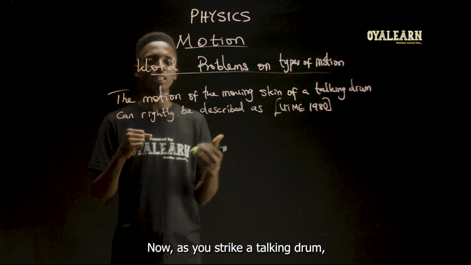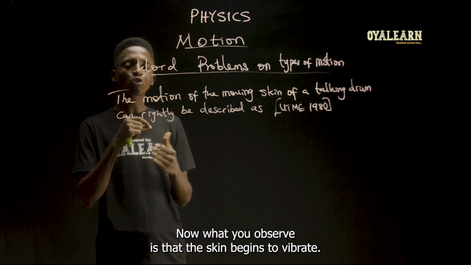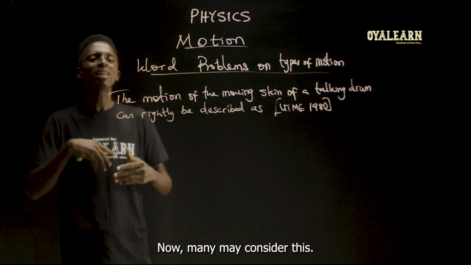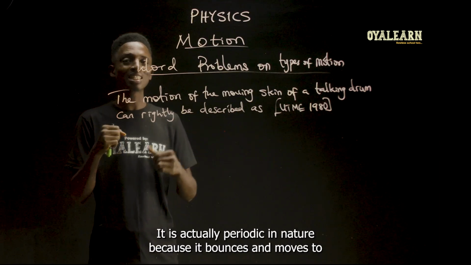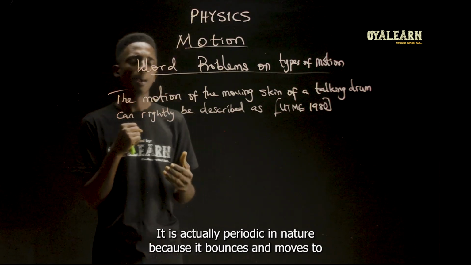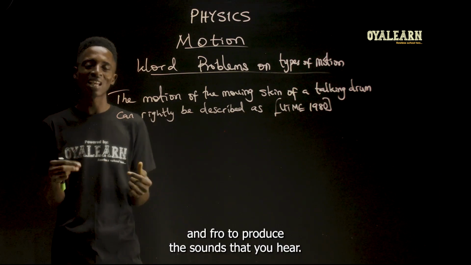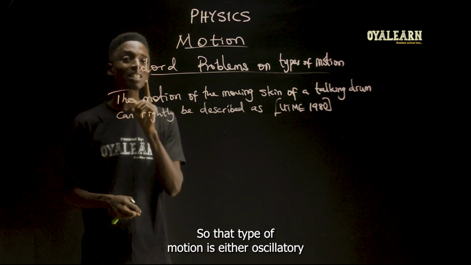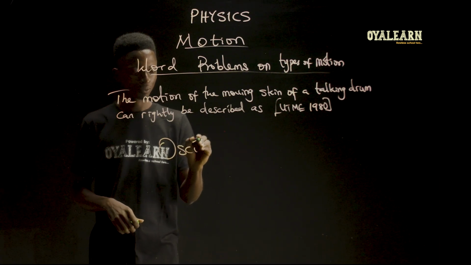As you strike a talking drum, what you observe is that the skin begins to vibrate. Many may consider this to look random in nature, but it isn't. It is actually periodic in nature because it bounces and moves to and fro to produce the sound that you hear. So that type of motion is either oscillatory